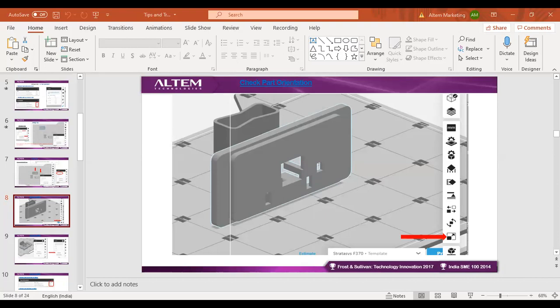So you have the auto orient option here. This will automatically orient your model to minimize the support and reduce the build time, right? You can either click this or manually you can do with this. You can select whatever faces you want to be at bottom. You can select on that and make it bottom. So I'll try with the auto orient option now. I'll just click on auto orient.